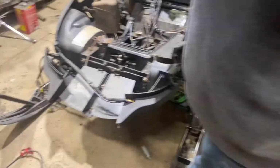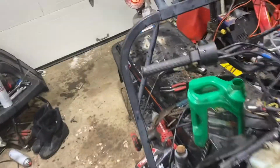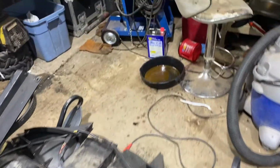Days off camera during the week. Stitch has got the seat pulled off of the tank. Got a new seat cover in. Cleaned the tank out. So we just got the frame here. And now we're looking at the bottom end of this